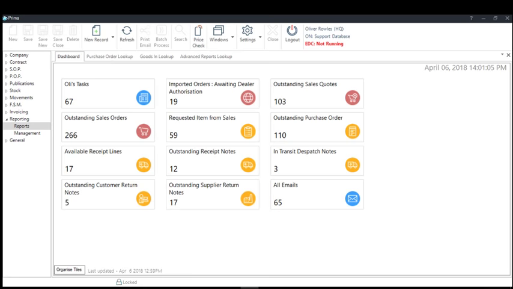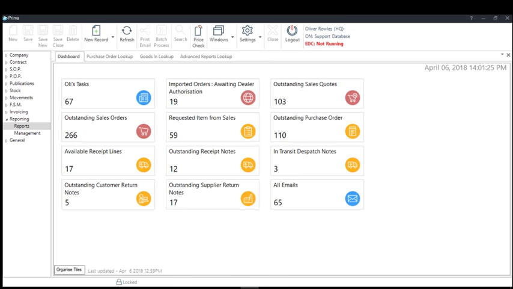Okay, so effectively what we'll be running through today is back orders, what they mean to Prima, how you can manage them, the most efficient ways to do so as well, and chasing the back orders up with suppliers, having some sort of automation around reporting on the areas as well. So first of all, back orders, what do they mean to Prima, where are they kept, and how you can